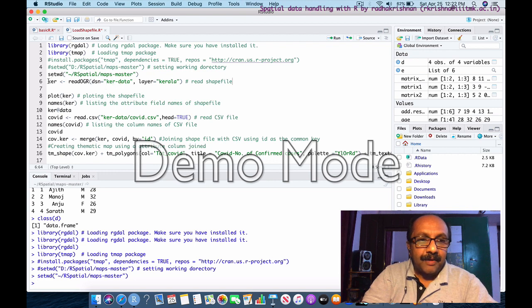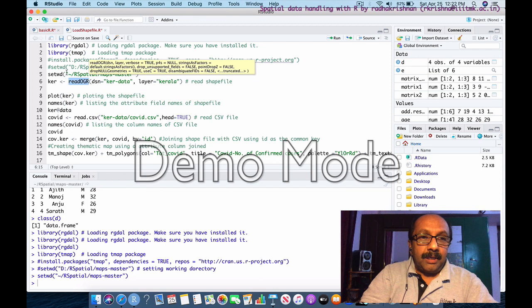So my command will be a variable name, assignment symbol, and the function read OGR. Remember, all the variable names, library names and function names in R are case sensitive. So I have to type like this only, READ in small letters, OGR in caps.